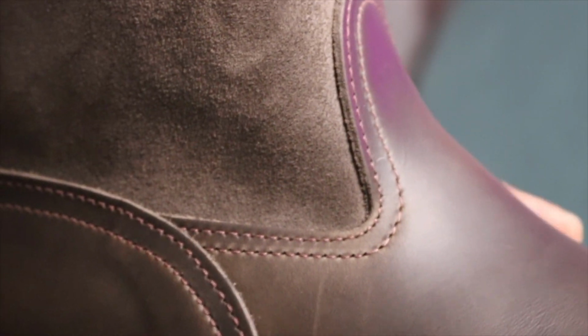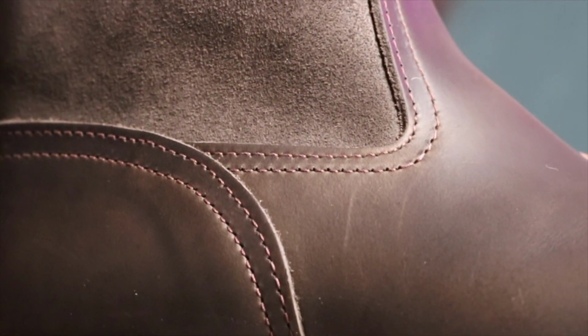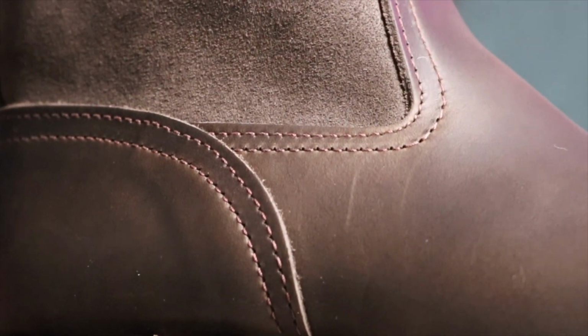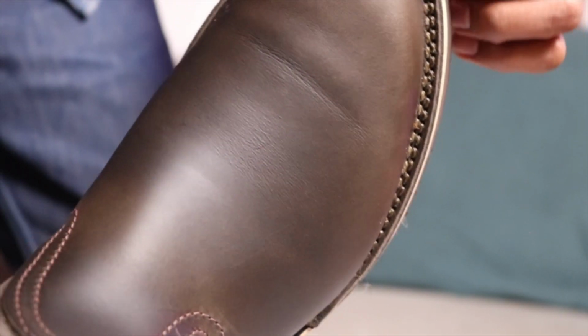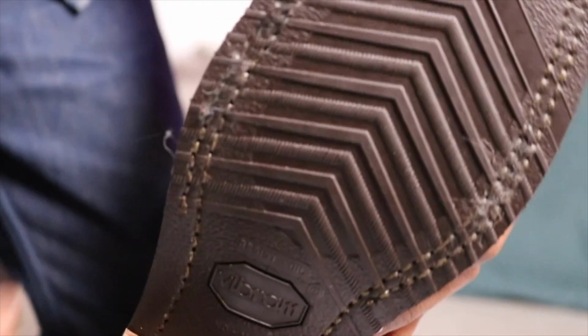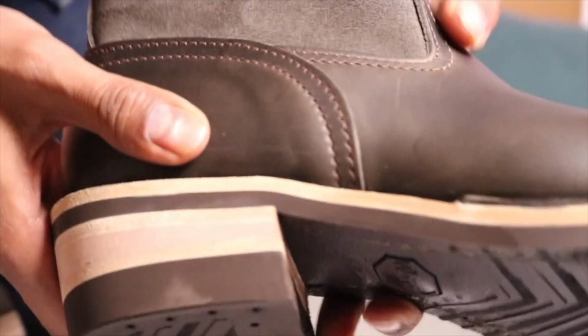All right, so you can see here the brown stitching that I did with that charcoal, and it just complements it so well. So I definitely made the right choice there. And then here on the outsole stitching, you can see I did khaki on this part, which complements that. And then just that close look above the Vibram, that Vibram sole there, and that heel,